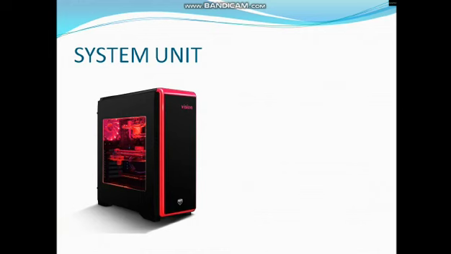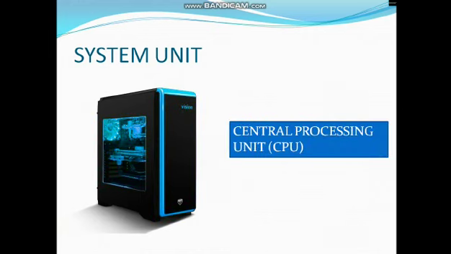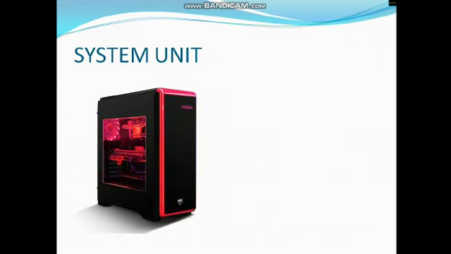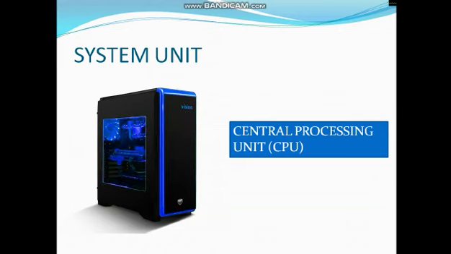Now this is the system unit. It is the most important part of the computer. It has a main part called the microprocessor, which manages all the activities of the computer. All other parts are connected to the system unit through wires and cables. Now, the actual processing is done by the unit called the brain of the computer. So that's why the CPU is called the brain of the computer.